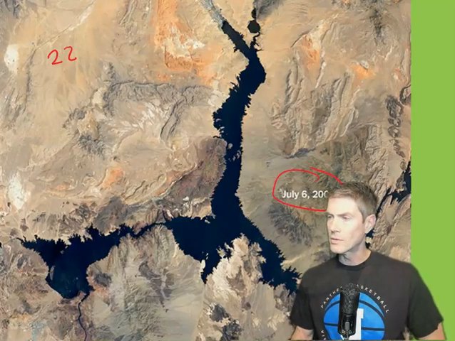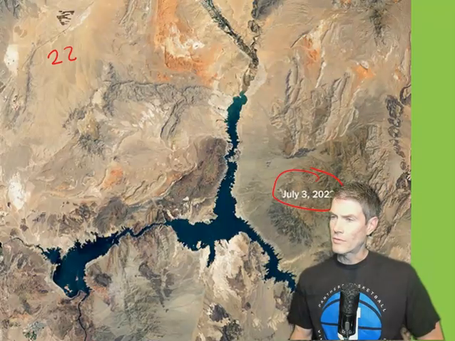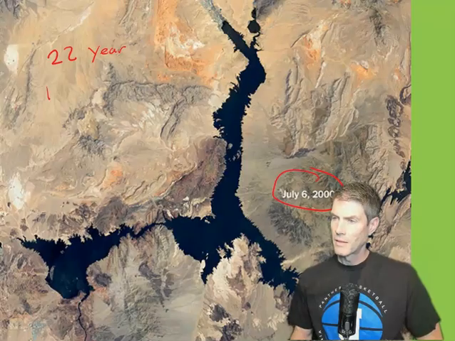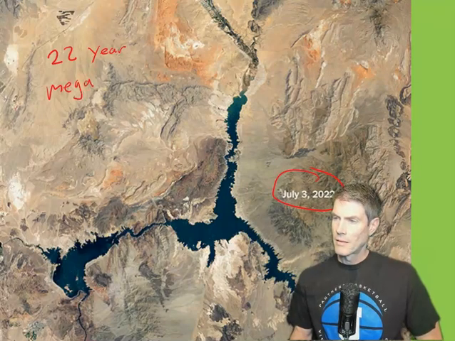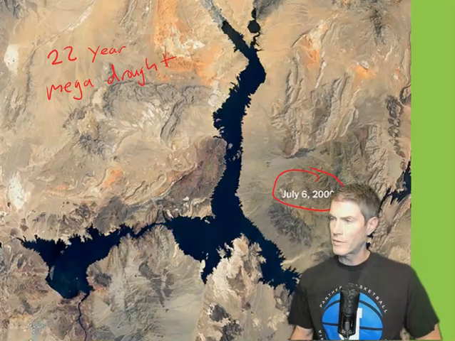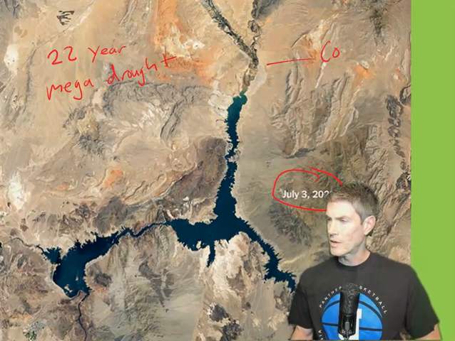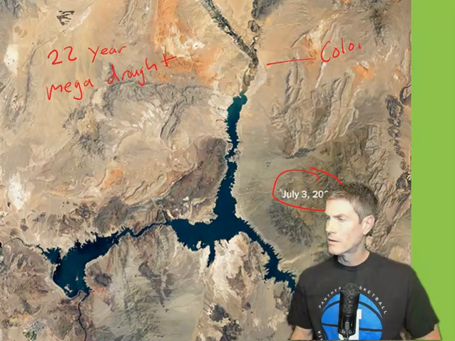And here is an example of that. This is Lake Mead over in Arizona. And this is the 22-year mega drought from 2000 to 2025. You can see in the date, or 2022, the size of this reservoir decreasing. So the West gets a lot of its water from the Colorado River. That's what this is. It creates Lake Mead.